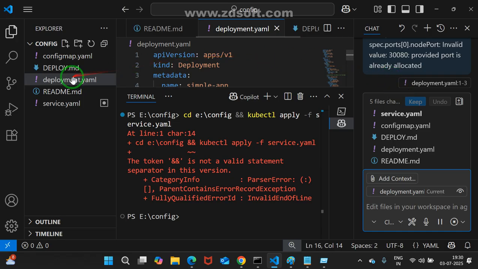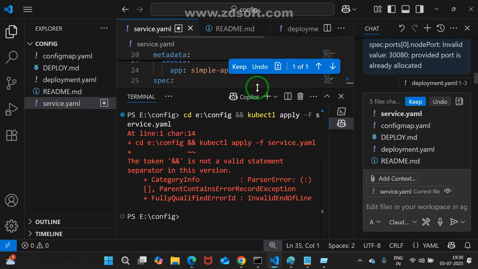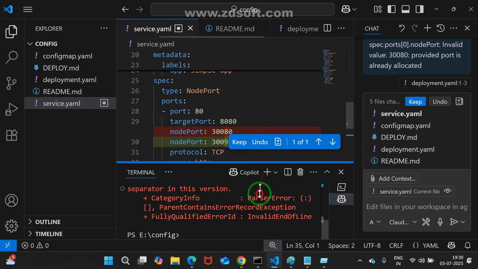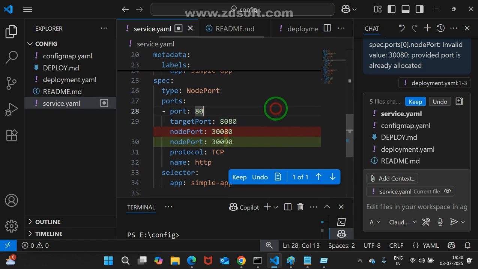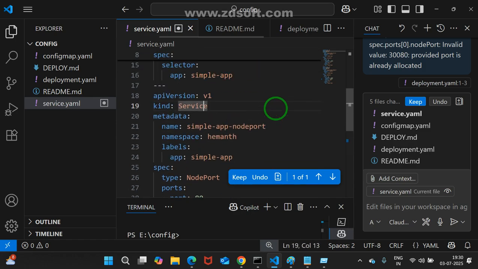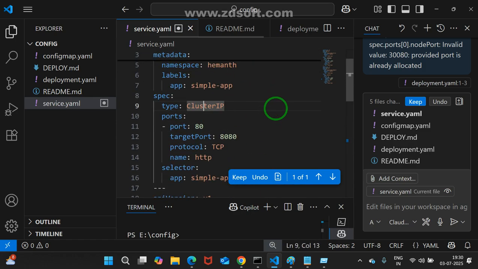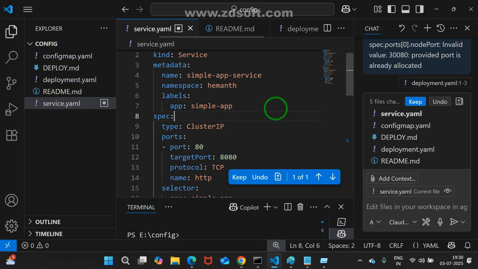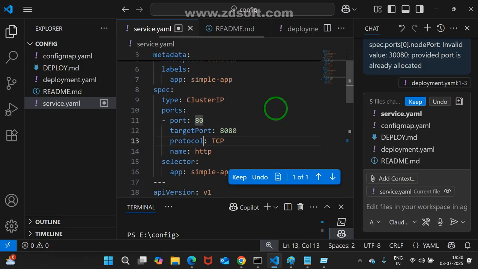Your doubt is within the deploy, within the service, right? Yes, we'll check it. Anvesh is telling, sir, you didn't write the word node port properly. Check it now. You see that it is automatically converted to cluster IP.